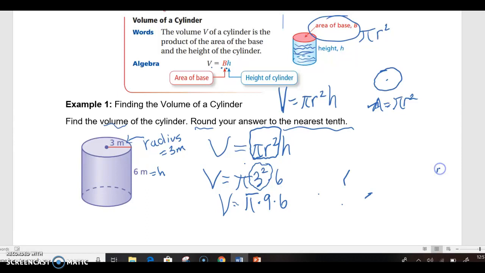Please make sure you pay attention to the directions either in your assignment or whatever your teacher tells you. And sometimes we're going to use the pi button on our calculator, and sometimes we're going to use 3.14. Just remember, it depends on what the instructions tell you to do. So if you're using the pi button on your calculator, you would just press pi and then times 9 times 6. And I got 169 and then